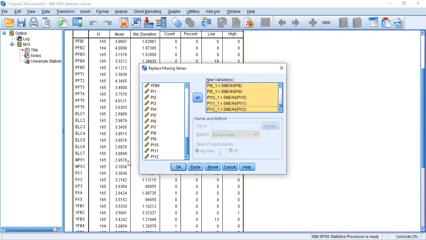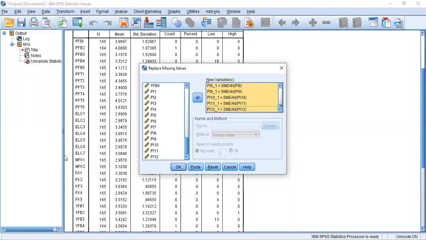It is a missing value analysis technique where the missing values are substituted by the mean. The purpose of the mean substitution technique is to replace the missing value with the mean value of the variable that is calculated from all the valid responses.